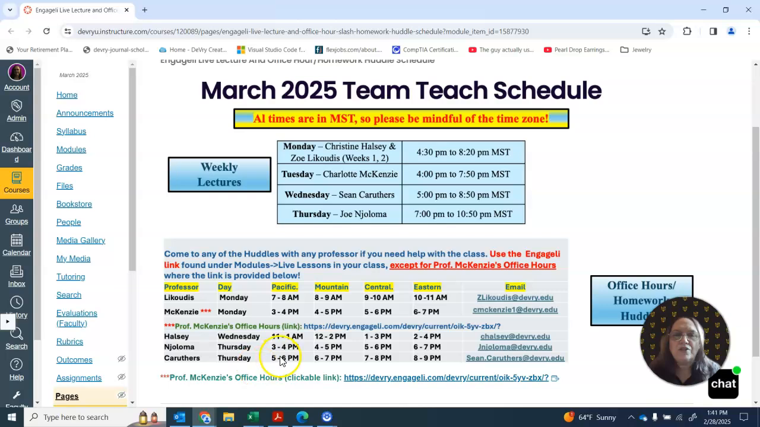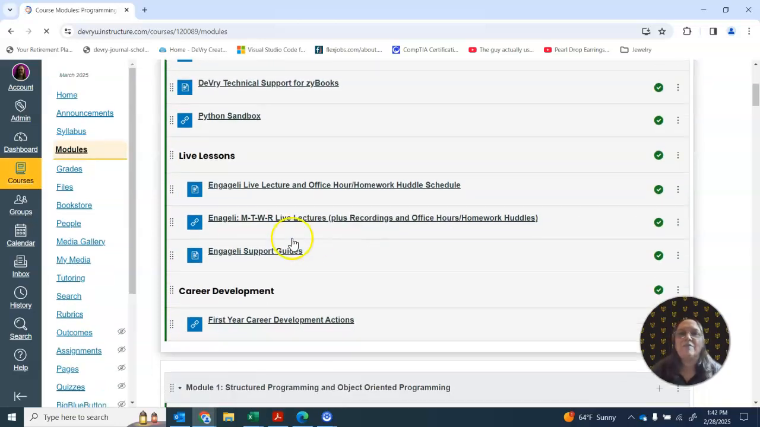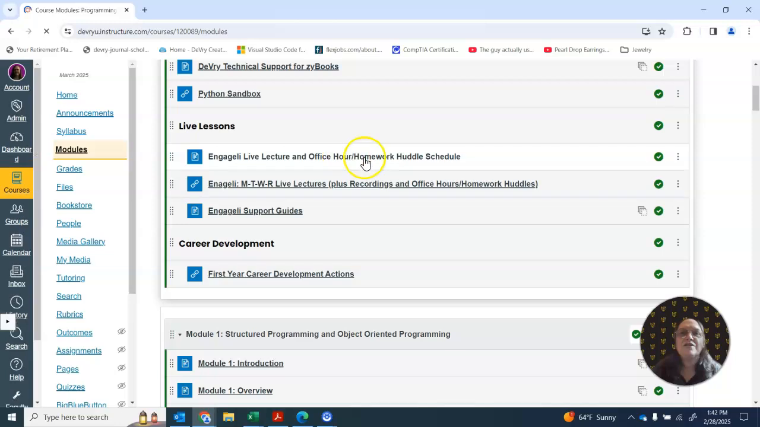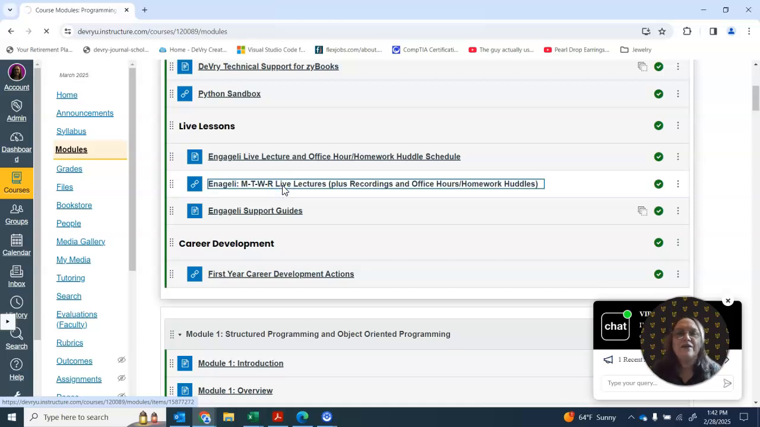And where would you jump in at? For Professor McKenzie, there's a particular link, but for everybody else, you go back to where we join our live lessons at. And where's that? Well, if you didn't see the previous announcement, it is back here in modules. So I'm going to jump back into modules and come down, and you'll see right below where I just clicked to get the huddle hours is the link for the live lesson. So you would click here,